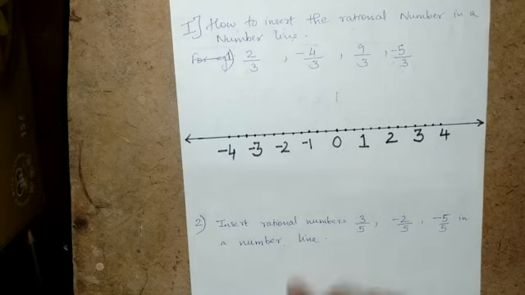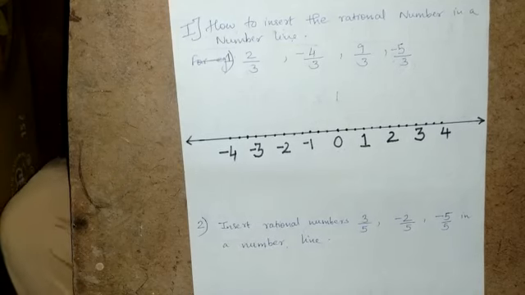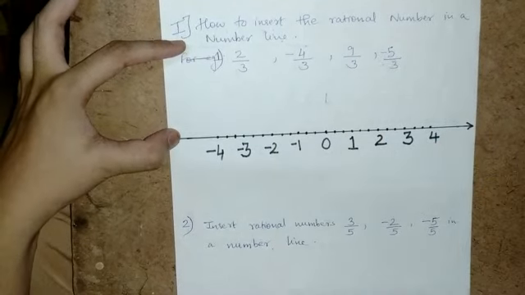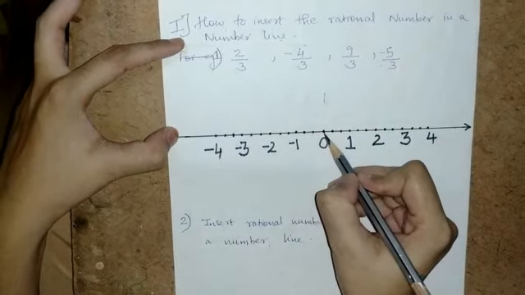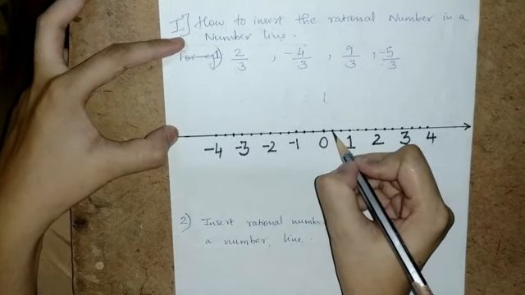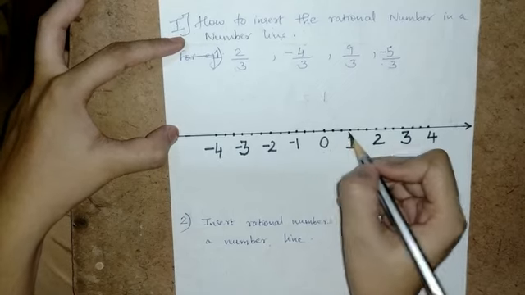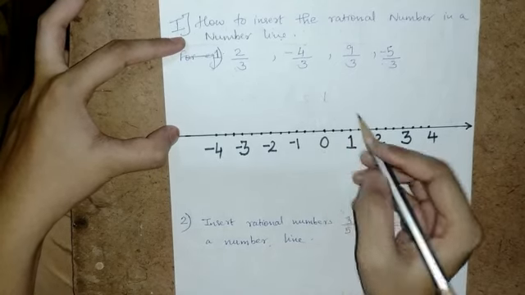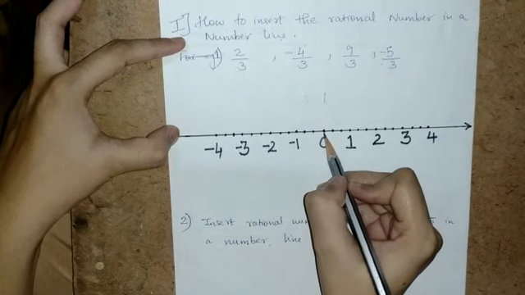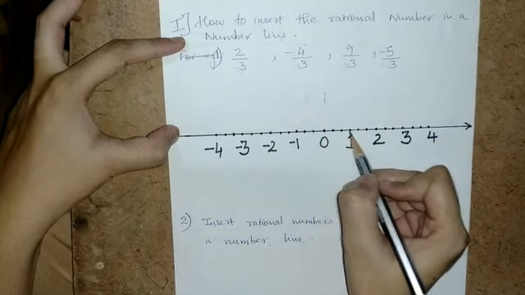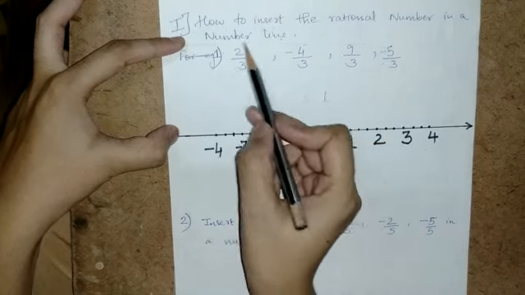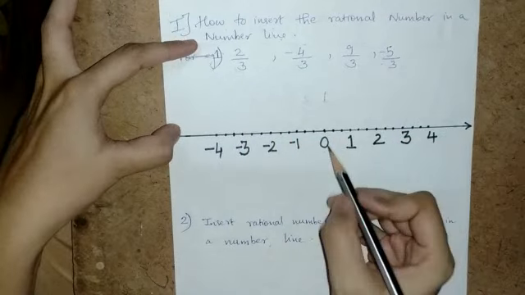Now what do we have to insert? We have to insert the number 2 by 3. So where will 2 by 3 be? After 0, how will we read the numbers? After 0 this is 1 by 3, this will be 2 by 3, this will be 3 by 3, 4 by 3. Why? Because the denominator was 3, and after 0 we have taken 3 dots, and then our main integer 1 has come. So for inserting these rational numbers, we will count like this.